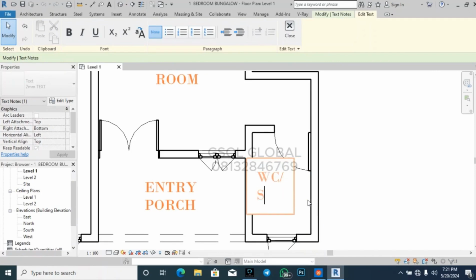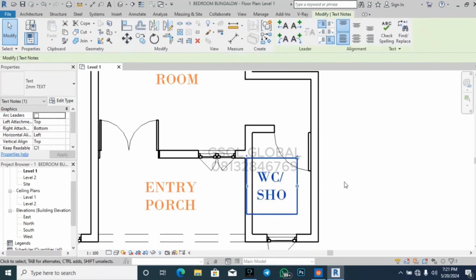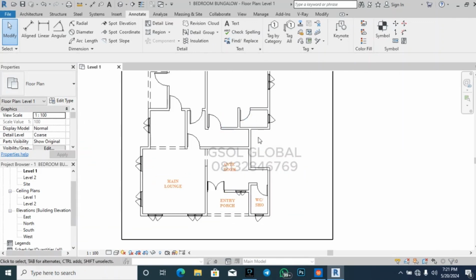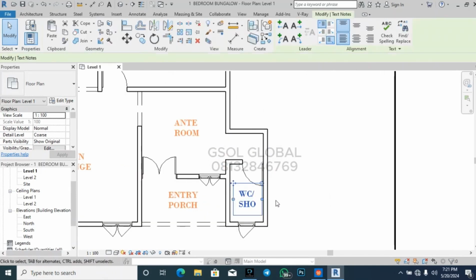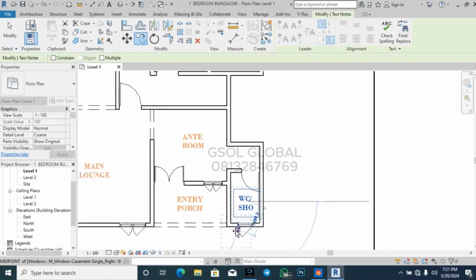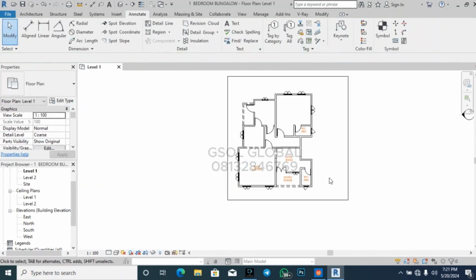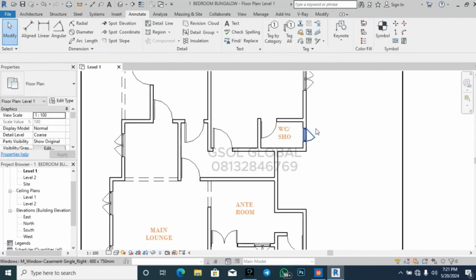WC slash shower, right? So click and then just move in this direction and then we have it here, right? So now I have all these named already. I'm having them under WC. I don't have to just go and copy, paste, edit, or just copy this one since they are the same. I'll put it here, right? So I'll put it here and then okay,